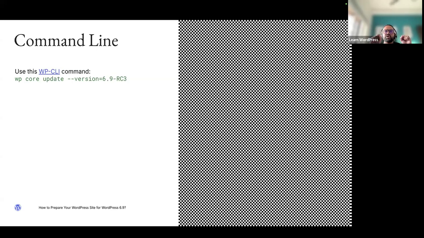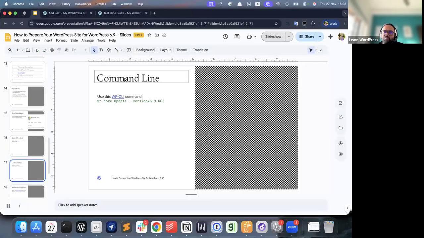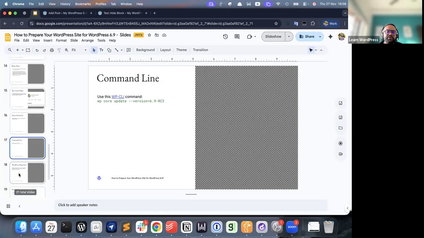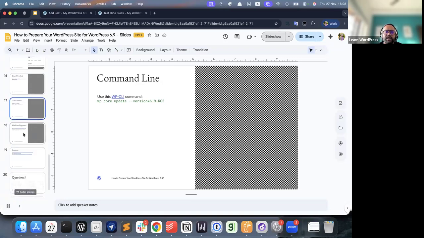So this is the third way you can upgrade your environment or hosting WordPress version to the latest release candidate 3 and test your site. So these are three ways. And we have more options, which is the fourth way of doing it, with WordPress Playground. But before moving to that,